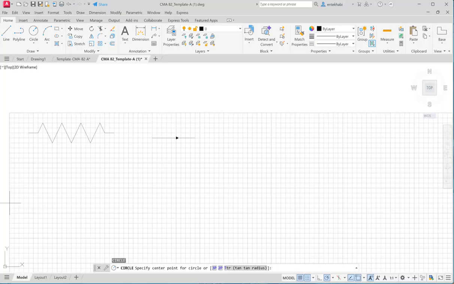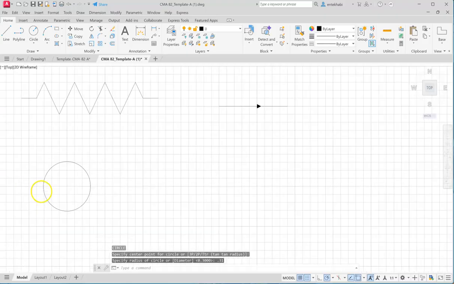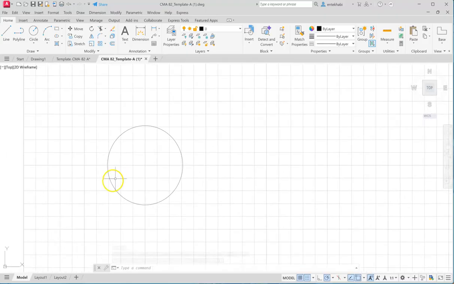Circle. I type circle, so it's going to ask me for the center point and radius. In this case, for radius, if the diameter is 0.63, we are going to say 0.3. That approximately is good enough. So I'm going to say 0.31, to be closer. Okay, so that is the circle I drew with that diameter. And I'm going to draw a line from the center to the left, approximately, actually given 0.6, so I'm going to type 0.6.